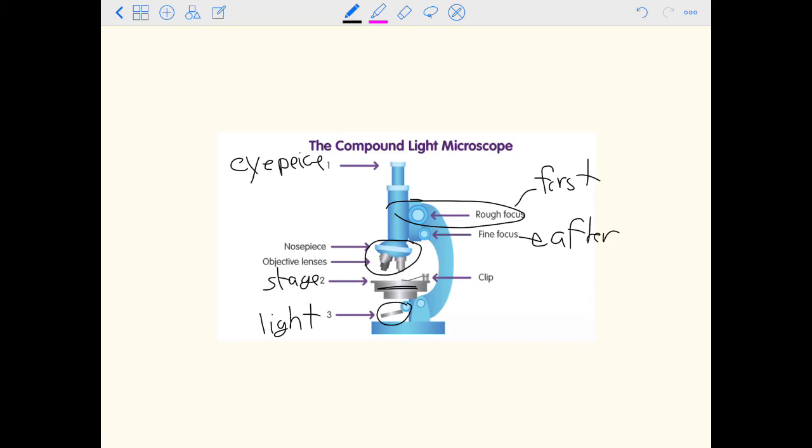For example, before you put a new slide onto the microscope, you always want to make sure that the stage is down or the objective lenses are up, so they're as far apart as they can be. When they are as far apart as they can be, that's when you use the rough focus, moving it all the way up or all the way down, depending on what you're moving, so that you have as much room as you need to put that slide in there before you go on to the next step. So if you're just moving it without trying to focus it, you use the rough focus knob.